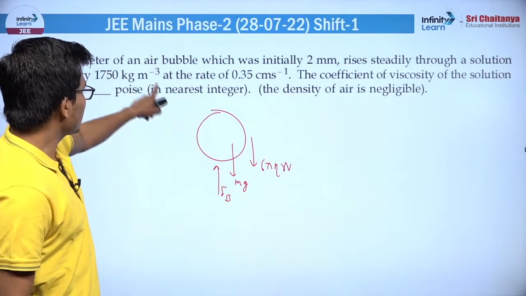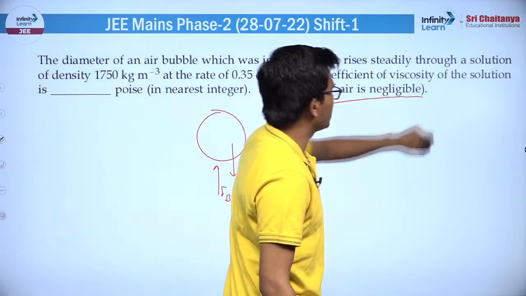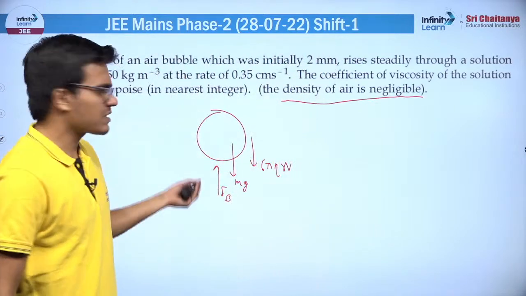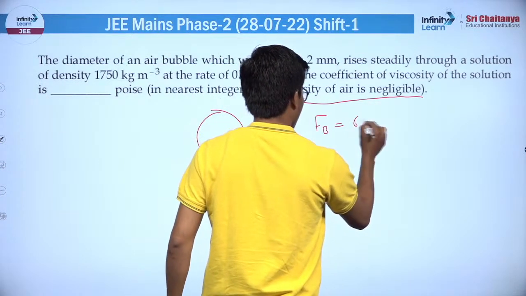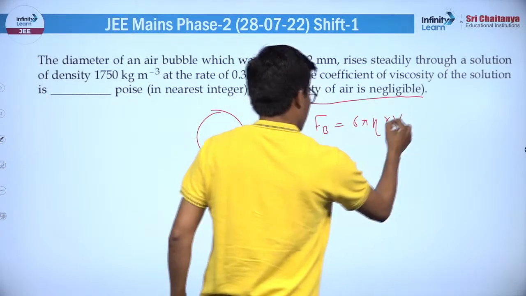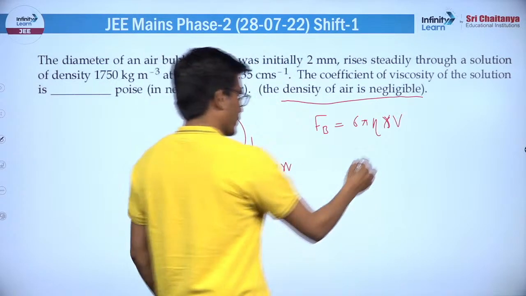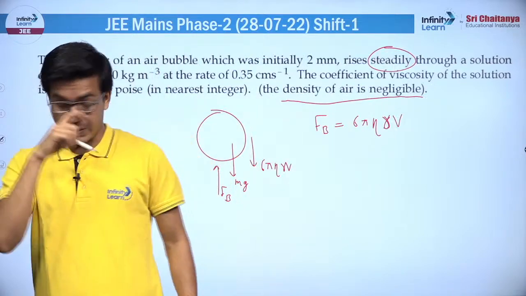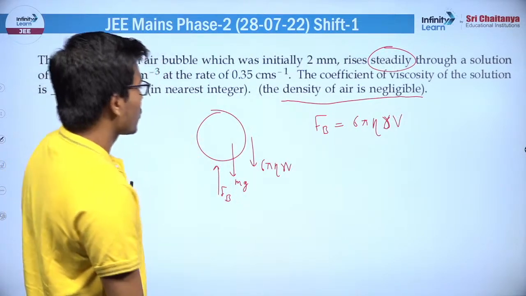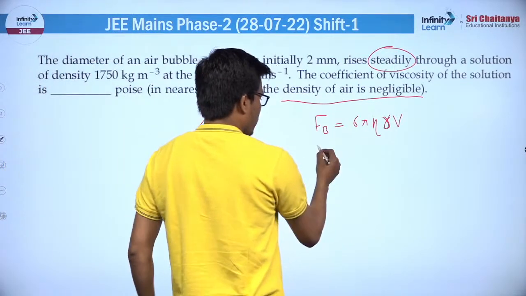And air basically has negligible density, it means mg is very less. So the buoyant force and viscous force have to be balanced if it is moving with constant speed. And what we need to find is the coefficient of viscosity, and the buoyant force is given by